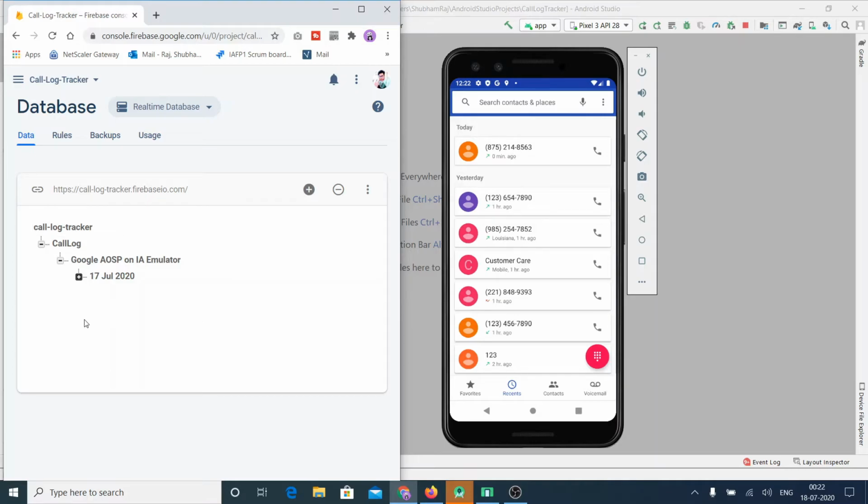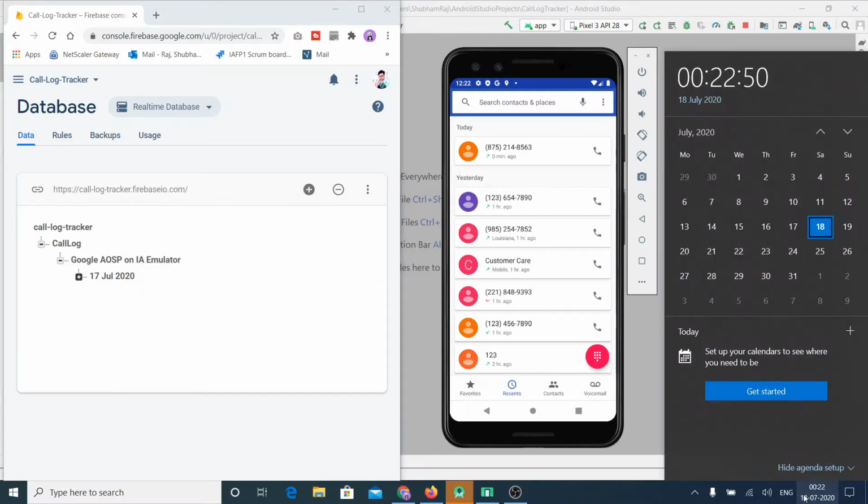Not for 15 minutes, because I first installed this app a few minutes ago. After installing and opening this app, the trigger starts, and every 15 minutes it will run that function and upload the data to the server. Currently it's 12:22 a.m. So let's wait and see when the data is loaded into our server.